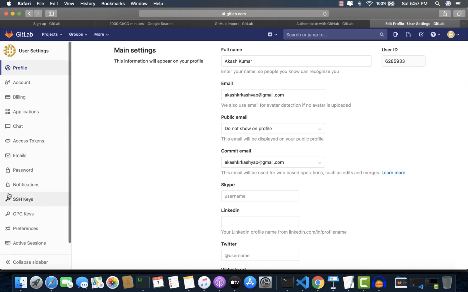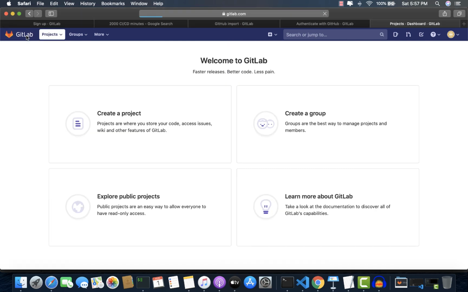We will see SSH keys and GPG keys in detail in some other session. For this session we are going to see how we create a project. On this page you can see we have an option to create a project or create a group. Either you can create a project, or you can create a group, and inside the group you can create multiple projects. The benefit of creating a group is that you can assign access for a person to this group, and he will get access to all the projects inside the group. But with a project you have to give access one by one. That's the only difference.